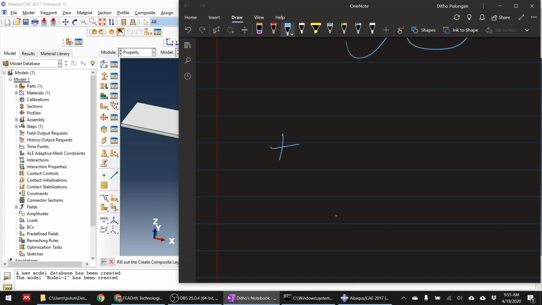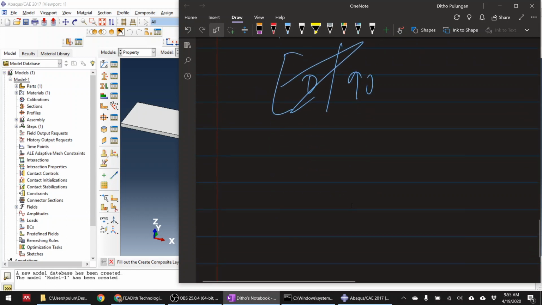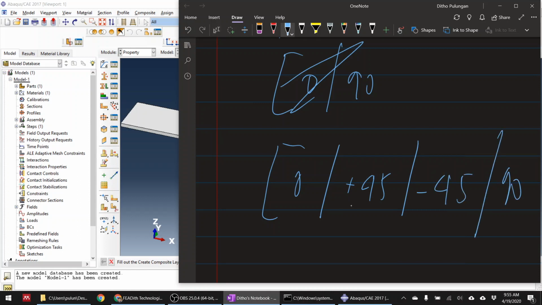How to say, it's a 0, and then there's a 90. Oh, no, it's wrong. There's a 0 there, and then there's a plus 45, minus 45, and then there is a 90, and then symmetric. Okay, so